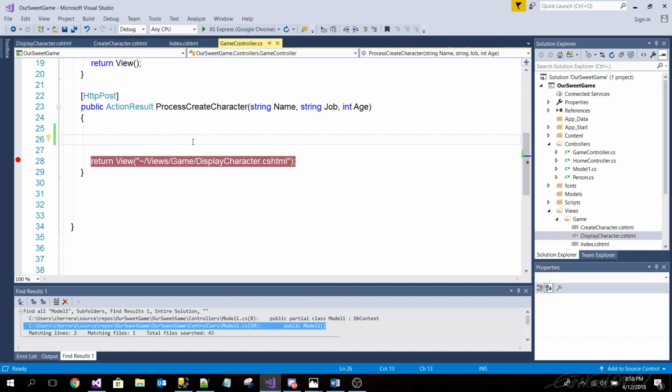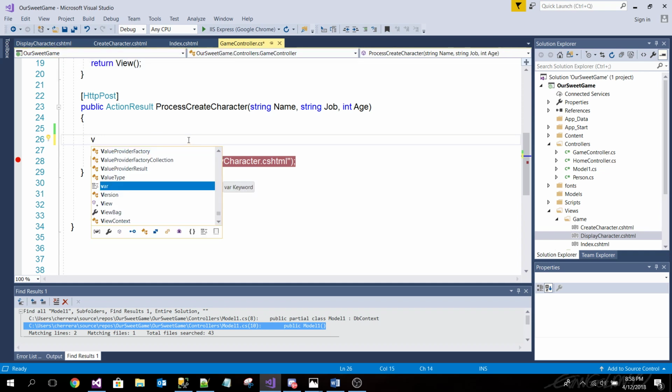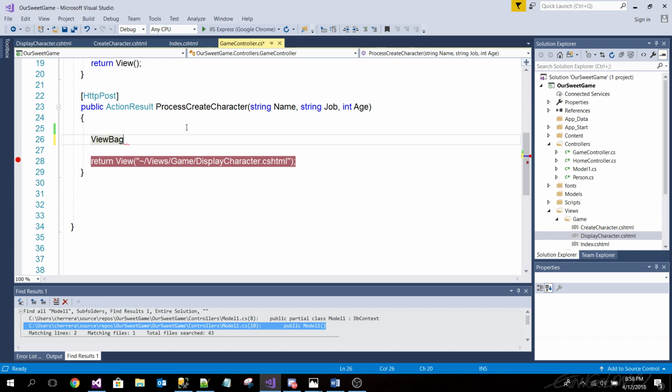Remember, it is view, view what? It is the view bag. This is one of the mechanisms to pass information from the controller, from an action, to a view. So you guys sort of remember that, right? Yeah. So name equals name,